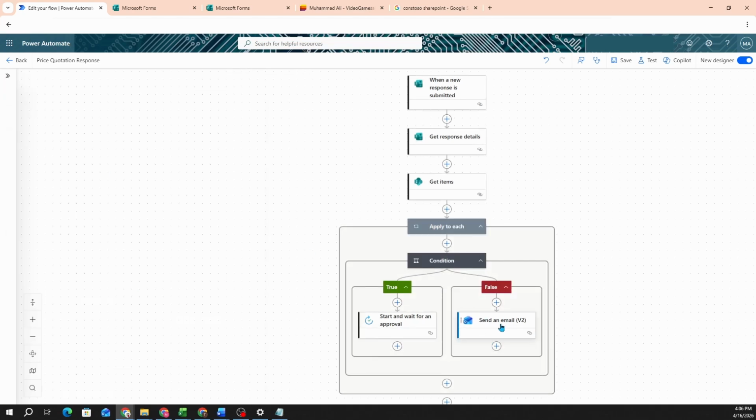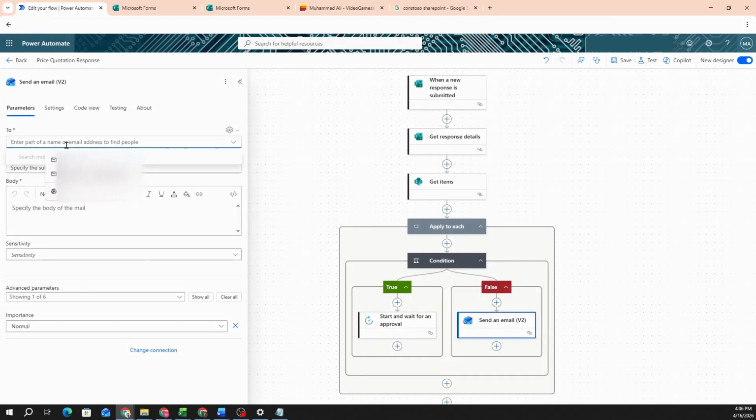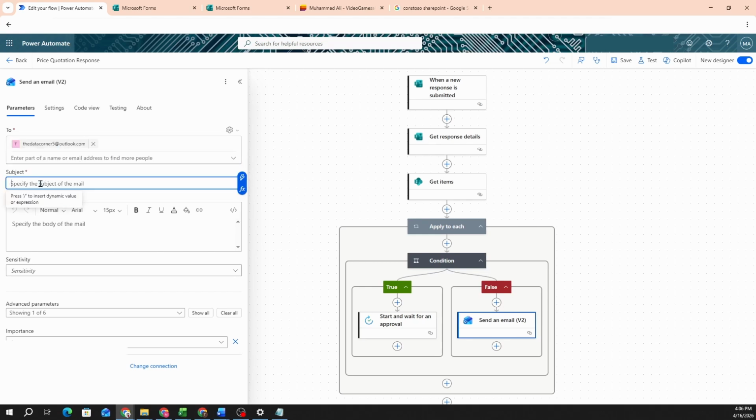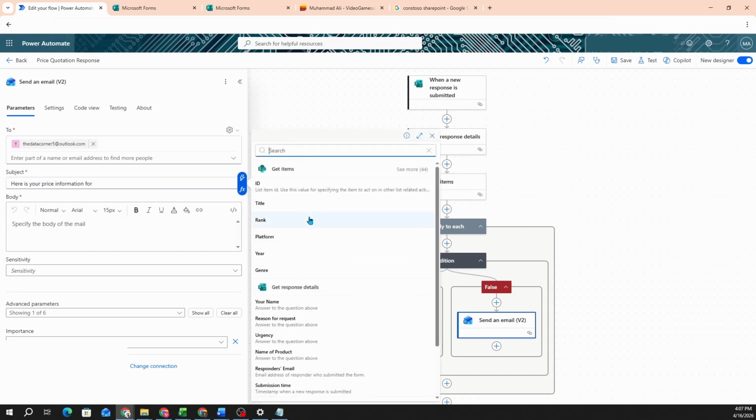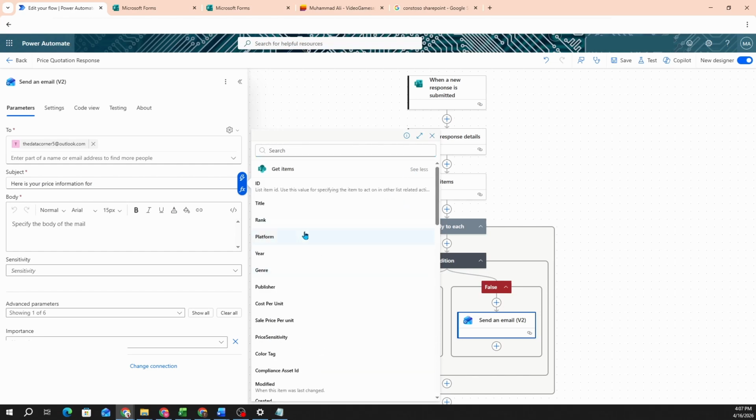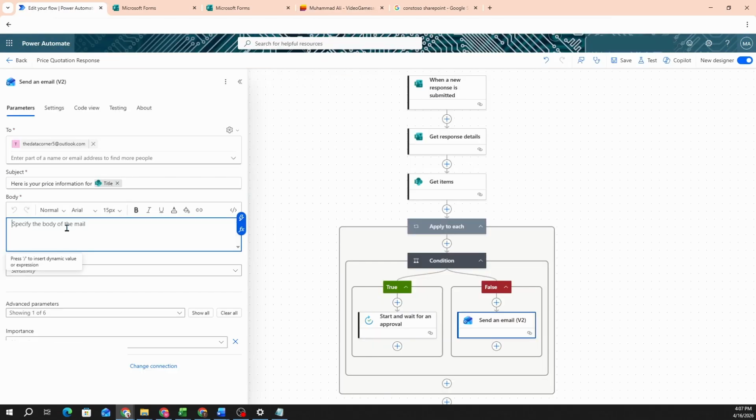So let's add in items here. I'm going to say the data corner at outlook.com. Subject, here is your price information, and you can add the product name. So we say insert dynamic content, and here we want to give the name of the product, which should be hidden somewhere here. So let's call it this title, I believe, and here we'll say price for title